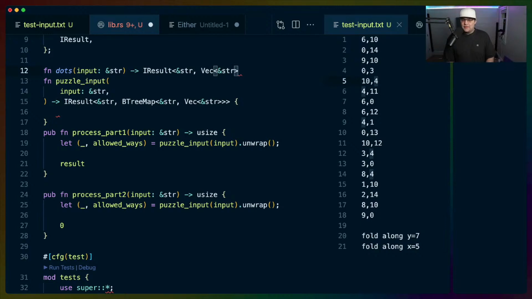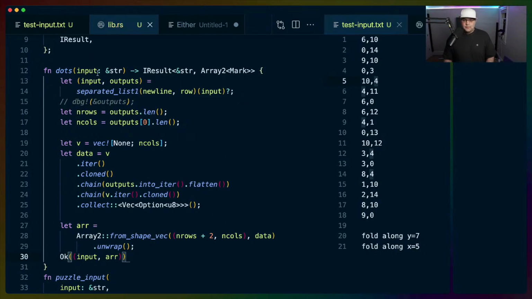Because it makes the most sense to return the IResult. This is going to return an array too, if I can remember correctly. Probably, what, no. This is going to be a custom enum. We're just going to call this Mark. And then this is going to be a separated list by new lines, and it's going to grab